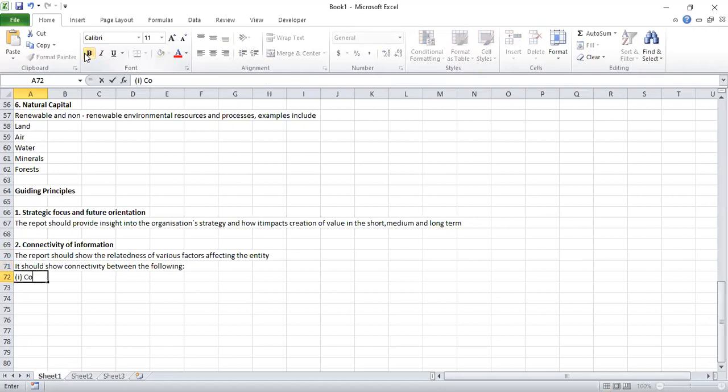Content elements. We're going to look at the content elements very soon. The content elements of an integrated report. Past, present, and future. So that's when you can look at maybe your past performance and how it will connect with the other things. Right, the capitals,